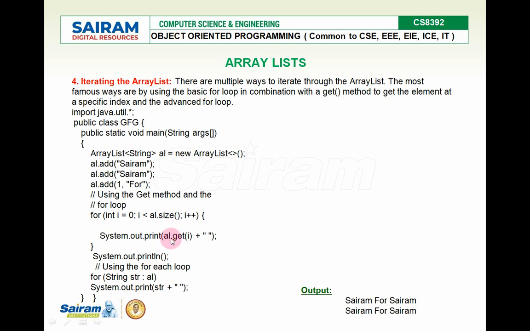I'm visiting each element, right? Each element. We already saw this. Get of I gets the value at this location for the array list AL. That's what the get function does. So getting the element. If you print AL itself, it prints with the square brackets. If you print like this, visiting every element in the array by the index value I, right? That is the get of I. ArrayList dot get of I visits every element in the array list AL.